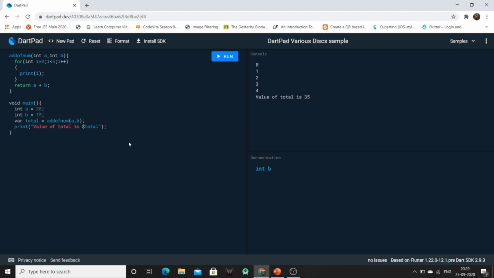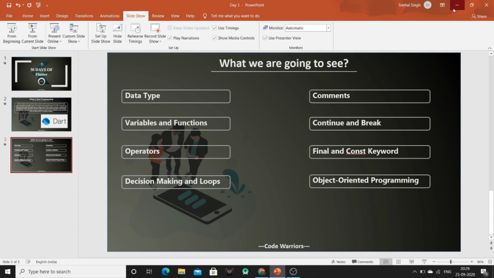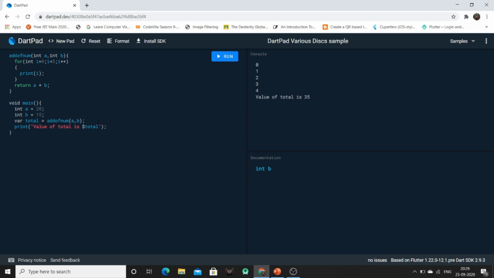Now after decision making and looping, we are having the comment part. So in that we are having three types of comment. First one is single line comment, which can be implemented using double slash, this print a value, or we can use multi-line comment, which is slash star and star slash.